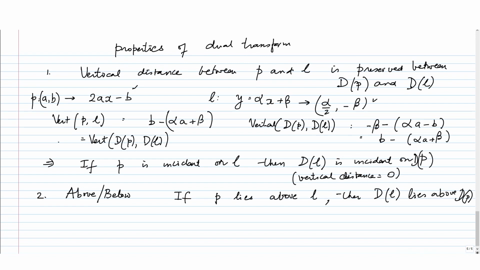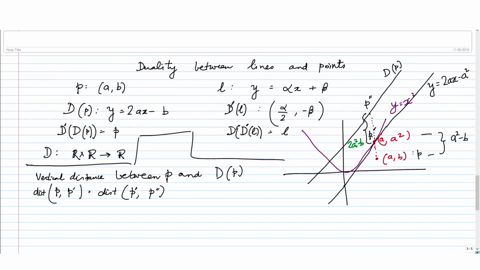Again, you can just substitute those equations and verify this. Right. So, these are the two very useful properties of the dual transform. One is that the incidence property is maintained, including the vertical distance and the above-below relationship. Now, I will exploit, let us go back to the problem of this